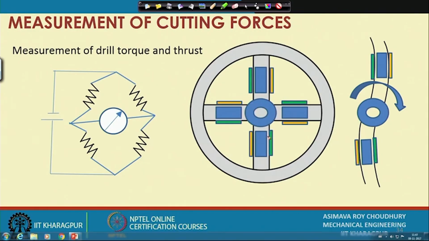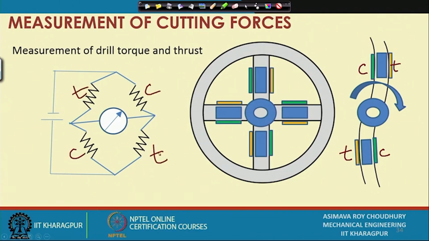What about drilling torque? When the job is being drilled, this is the direction of the torque which is applied by the drill on the dynamometer, and the dynamometer beams bend. When the dynamometer beams are bending, this one will be experiencing tension, compression, tension, compression, and from here once again if we connect it properly on the